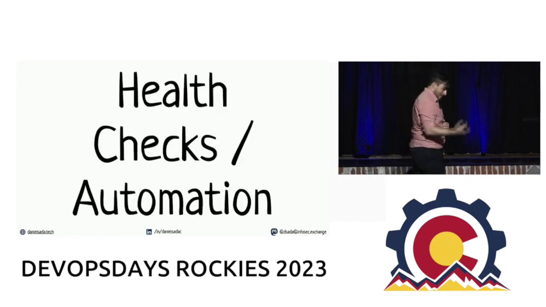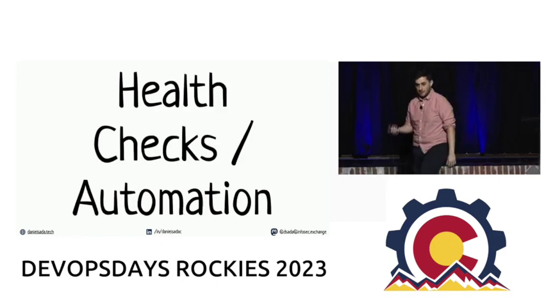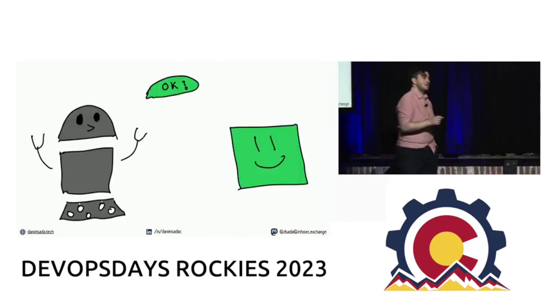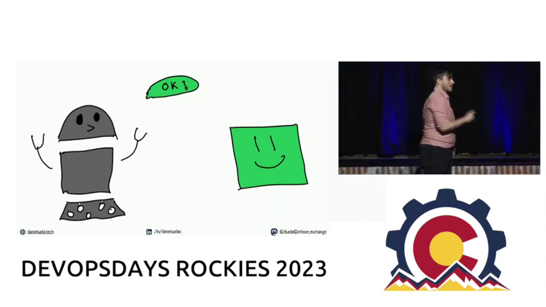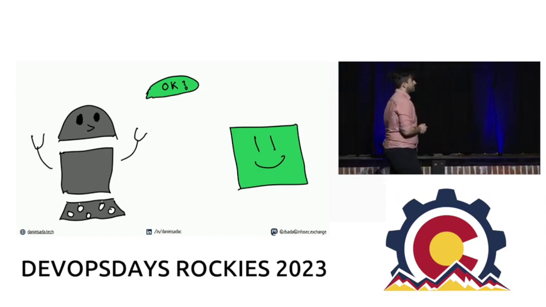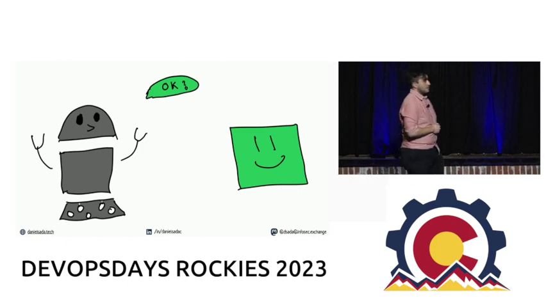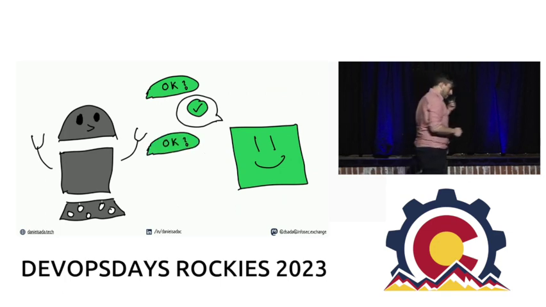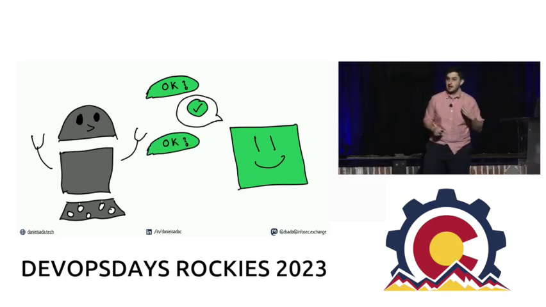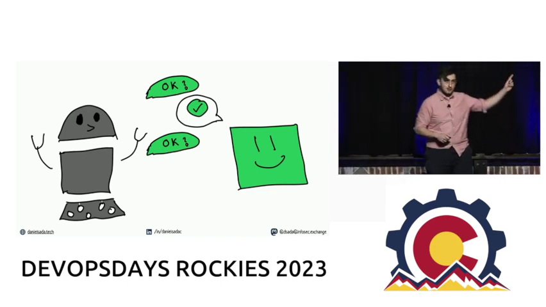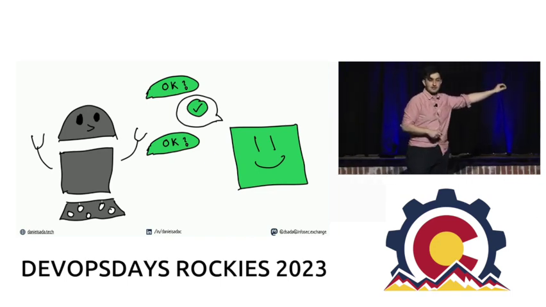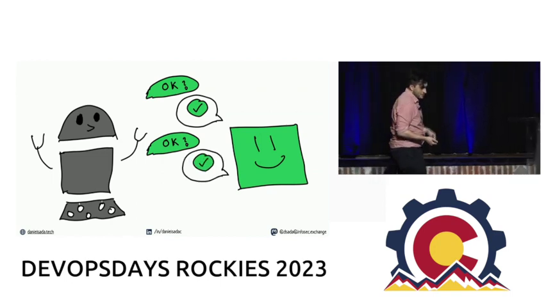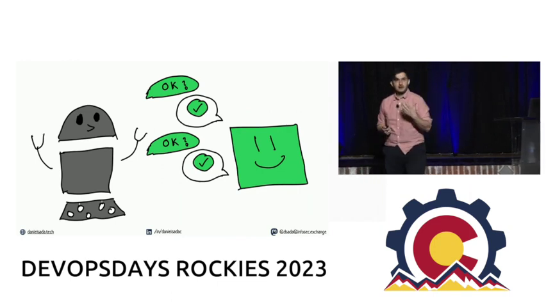OK, let's talk about the next thing, which is health checks and automation. When we have our VMs, and this is a little less relevant now with Kubernetes, but we're going to talk about health checks nevertheless. Our robot asks whether the VM is OK. The VM says it's OK. Every minute, every 15 minutes, whatever time span you think is adequate, our little agent can ask if everything's OK. And the VM will come back with how it is. You can use CPU, you can use memory, you can see requests per second. You can use several metrics.